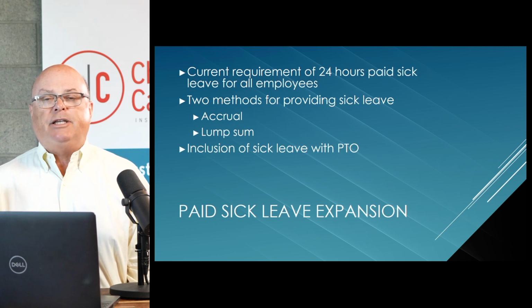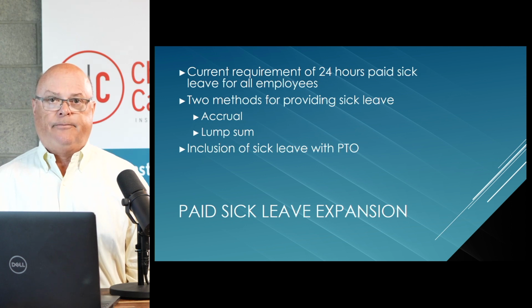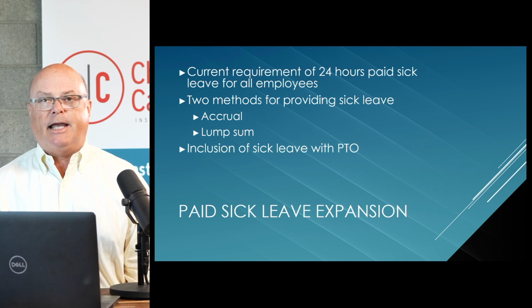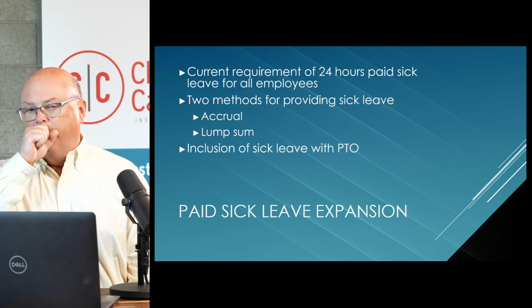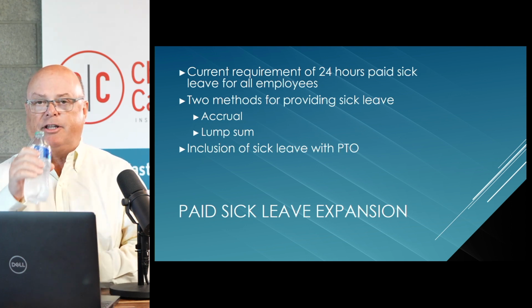The idea of PTO is to give people time off that is paid, and the employer is not supposed to care what that time is used for. If you want to take a mental health day, have at it. Use your PTO. You don't have to pre-schedule it. We ask for some notice in advance if you're taking a planned day. But the idea of PTO is this is your time. You get to take it. So the disadvantage to that